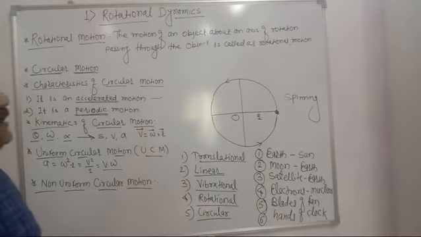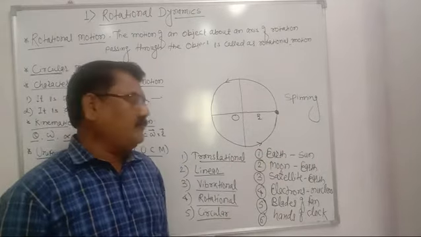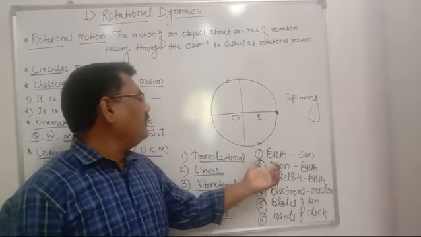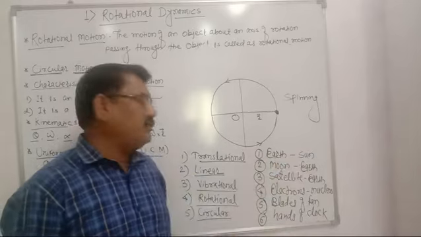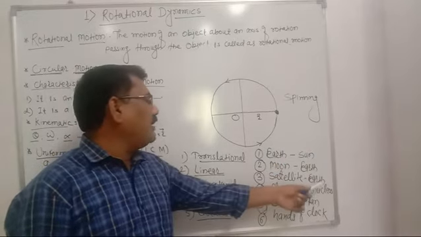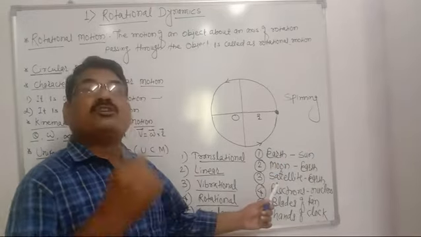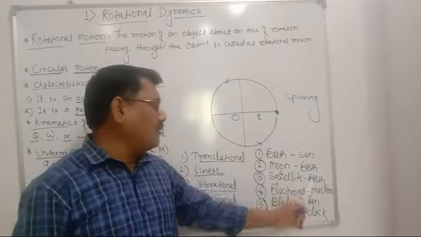Which are those? The motion of the earth around the sun, then the motion of the moon around the earth, the motion of satellite around the earth, the motion of electrons around the nucleus,